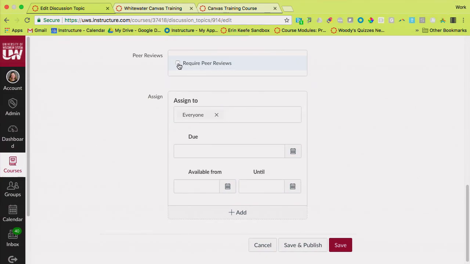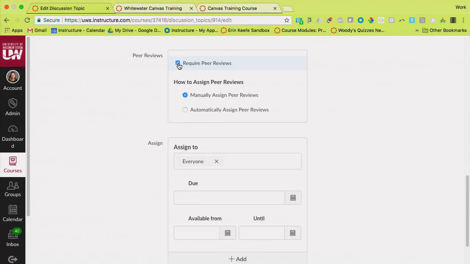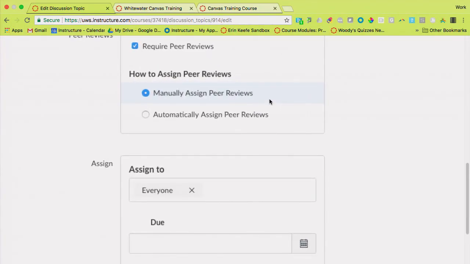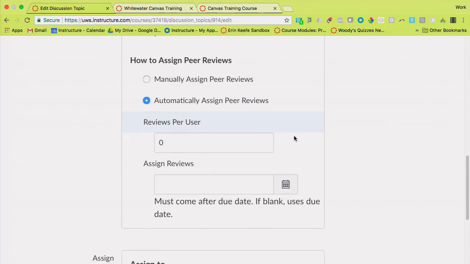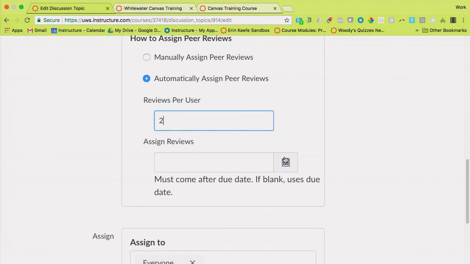You can require peer reviews for discussions and for assignments. If I wanted to require peer reviews, it's going to ask you how do you want to assign them? Do you want to manually assign them, where you get a panel where you match students up, or do you want Canvas to automatically assign them? In that case, you can say, you know, everyone gets 2, and you can either leave this blank or give